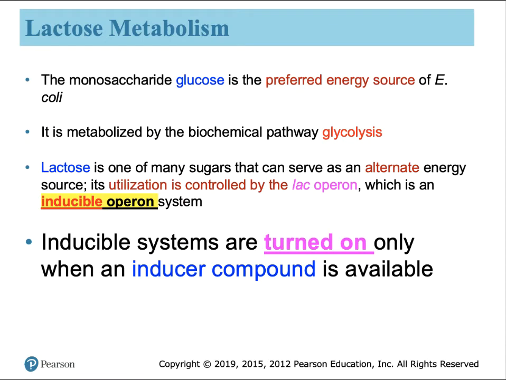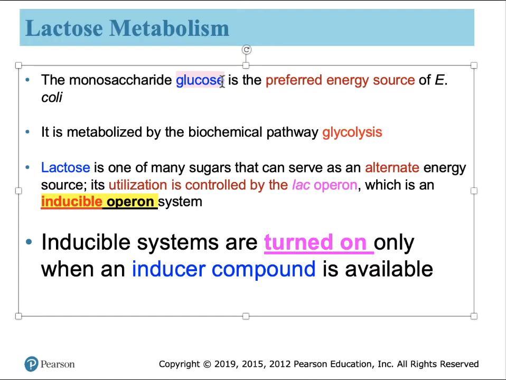The E. coli bacteria which reside in your gut have a preference for certain food types over others, mainly because it saves energy in utilizing some sugars rather than others. So glucose is the preferred source of carbohydrates for making ATP in E. coli. The reason being that glucose can be immediately sent down the glycolysis pathway, leading to the production of ATP.